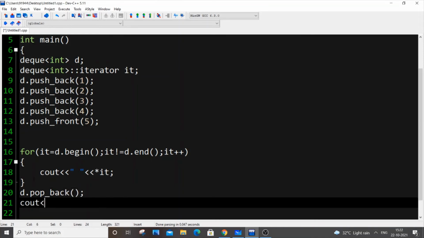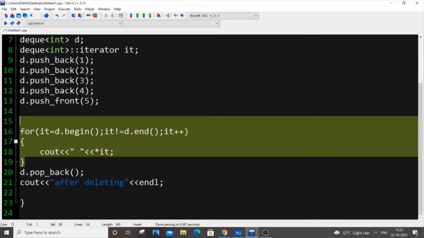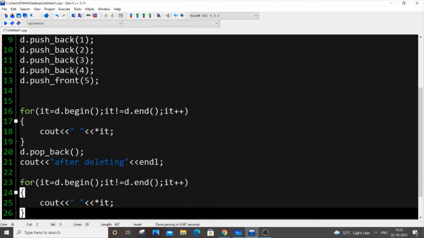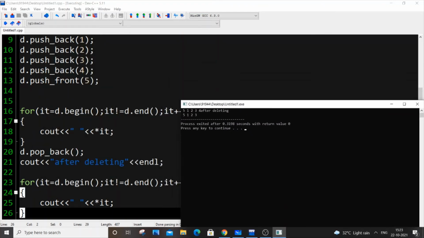Just put a cout after deleting, put an endl, and let me just copy this over here. So just run it. So this is how we are popping it back.